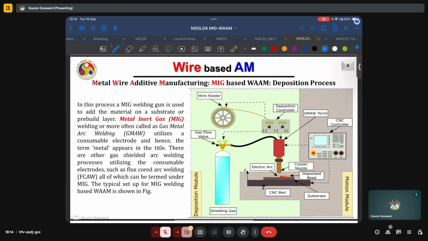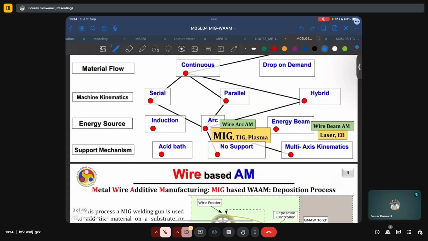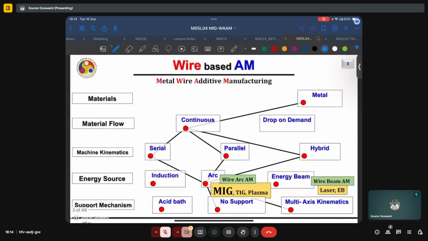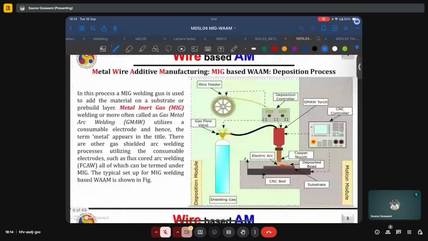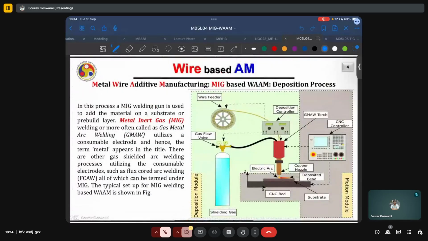And that arc can subject the surrounding material to very high temperature. For instance, it is not uncommon for arc temperatures to reach some 6500 degrees Celsius or similar. And as we can see, it is clearly sufficient for melting and deposition of metals. This mechanism of arc formation is leveraged in processes like MIG-based WAAM and TIG-based WAAM, which we'll be looking at today. Now, for the first, metal inert gas based WAAM, a MIG welding gun